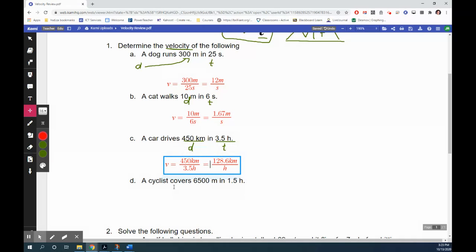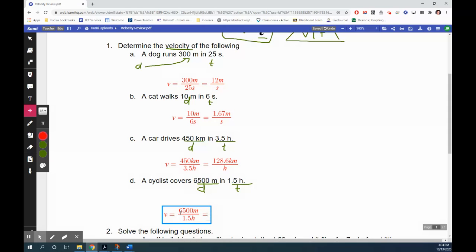Hopefully you've tried this question. If not, pause first. Here, a cyclist covers 6,500 meters, that's a distance, and 1.5 hours, that's a time. No need to convert this to 6.5 kilometers, though you could. I wouldn't bother. Velocity here is 6,500 meters divided by 1.5 hours,